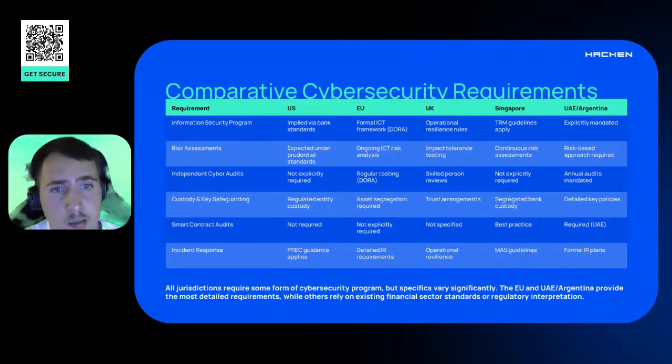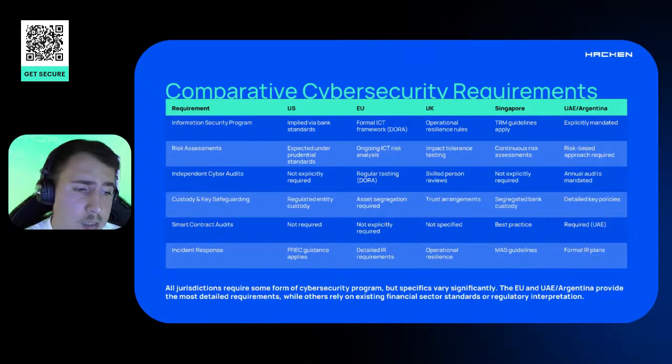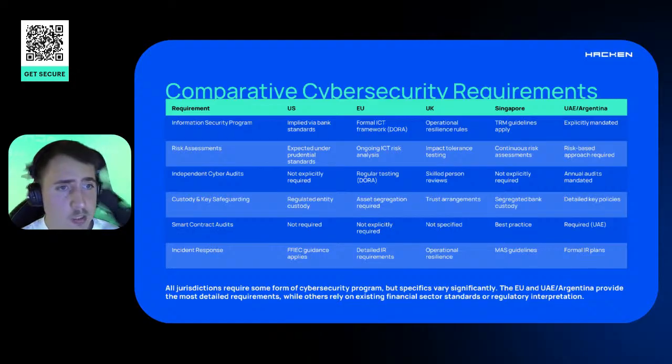So for the UK, it could be closed actually by the skilled person reviews. So you need to define that this person is competent enough to review your cybersecurity concerns. It could be even your team, but you need to avoid the conflict of interest. In Singapore, they are not explicitly required. And in VARA in Argentina, for sure, there need to be annual audits. There need to be audits for the exact requirements of the regulations, like gap assessment for the VARA, for example. And also inside each regulation, you need to have regular penetration testing, smart contracts, and so on. And you will find exactly these clear terms.